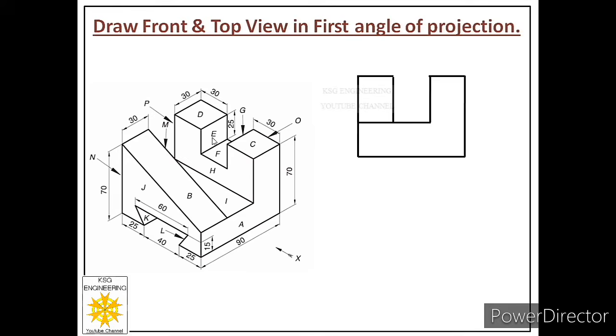So if I have to complete this face E, then I have to move towards that point, and this length is how much? It is given as 30. Now this edge is hidden behind this face. So we can show this edge with hidden line. It means after moving from this point 25 mm in downward direction, from that point we will draw a dashed medium line of 30 millimeters. You can see.